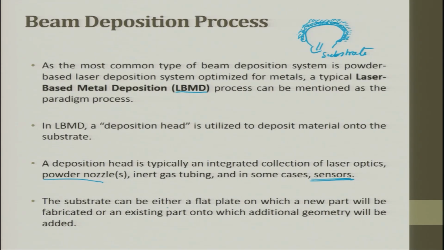The substrates can either be flat plates, on which a new part will be fabricated, or an existing part on which the additional geometry will be added. So, this is what I said here. You can see here one material, you can see the second material. You can see two different materials. So, you can have functionally graded materials there. So, it is used for laser cladding